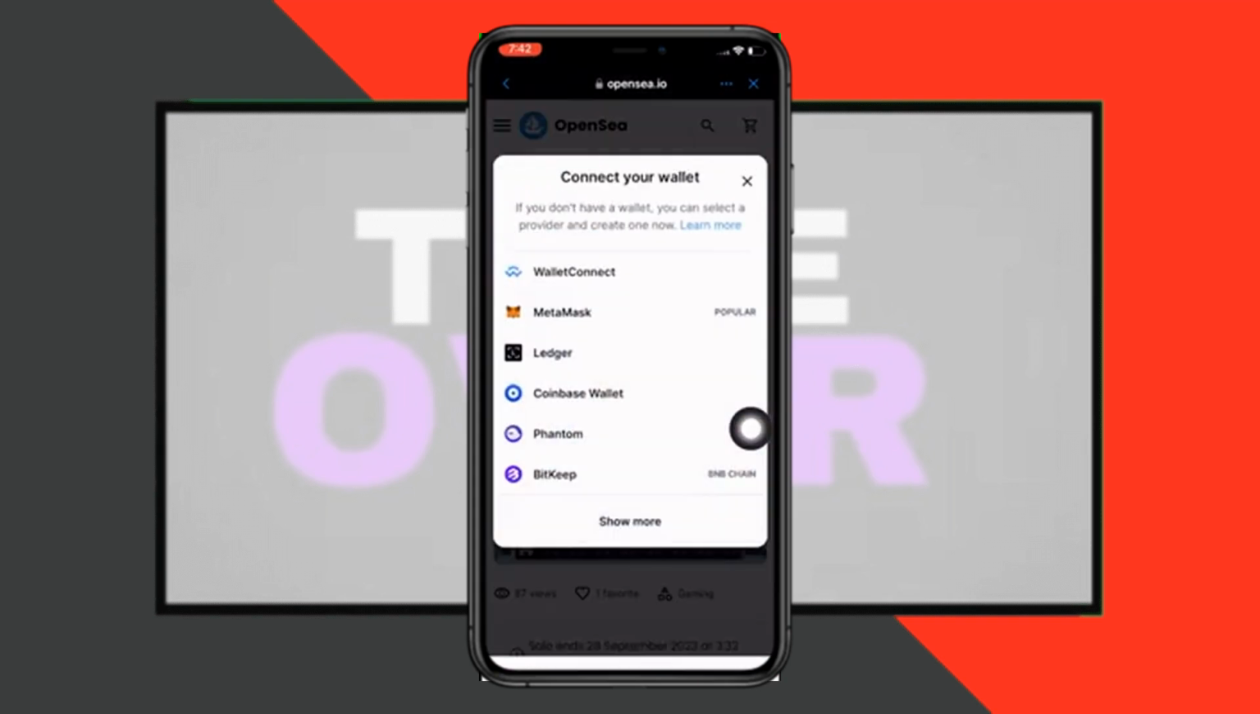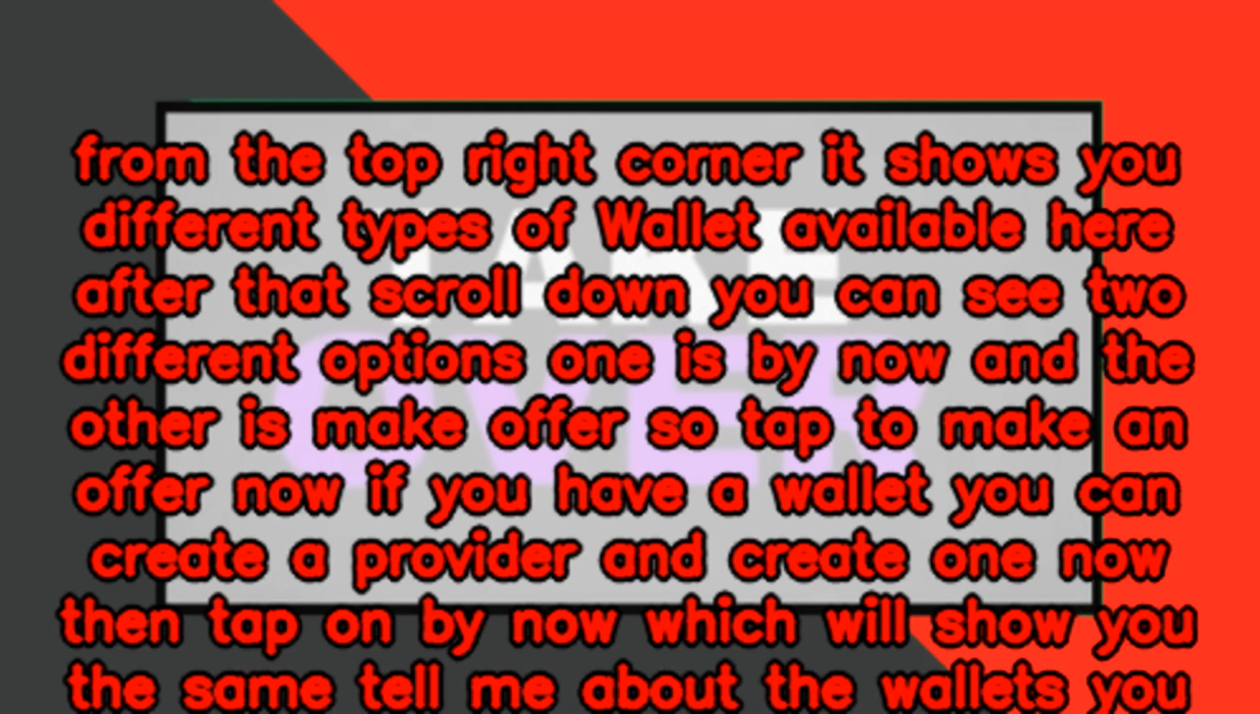After that, scroll down, you can see two different options. One is buy now and the other is make offer. So tap to make an offer now. If you have a wallet, you can create a provider and create one now, then tap on buy now, which will show you the